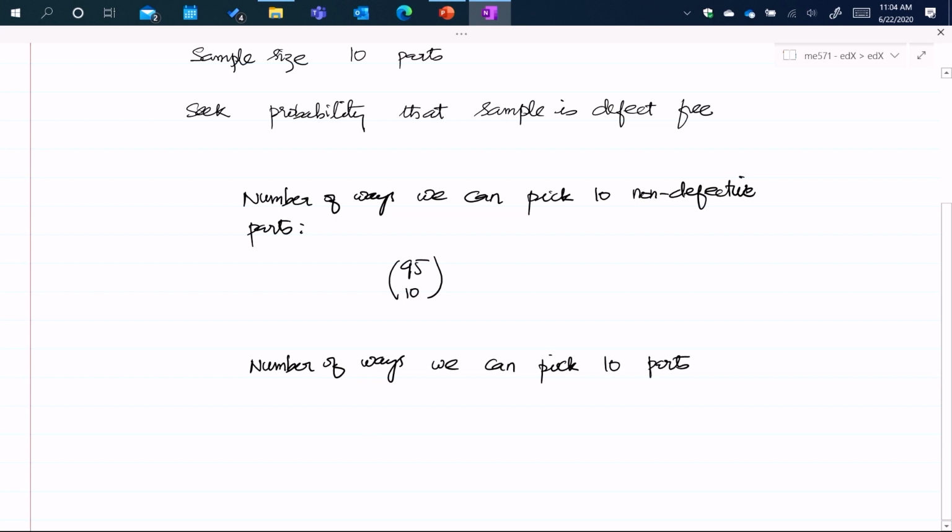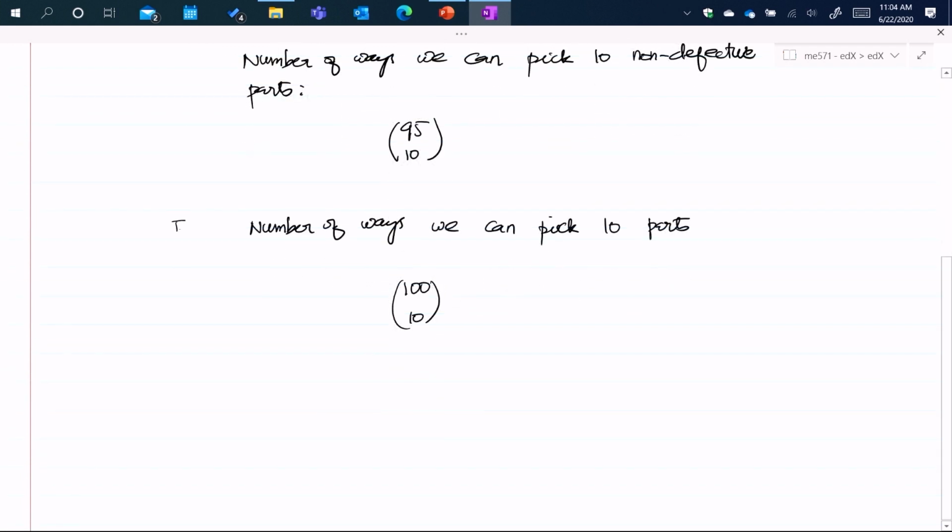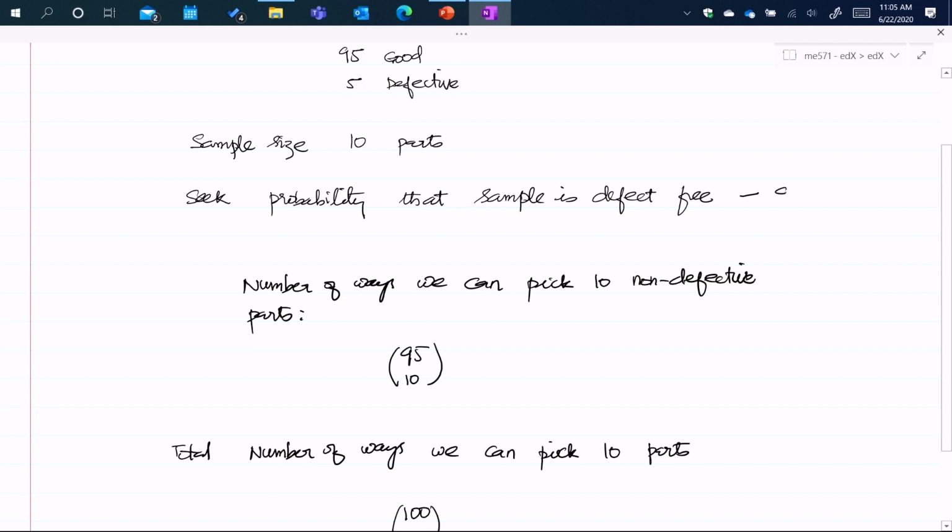is, if I just pick 10 parts, regardless of whether I'm picking defective or non-defective, combinations of 10 items out of 100. Previously, I had combinations of 10 items out of 95. So you can think of this as the total number of ways we can pick 10 parts. And previously, we had the number of ways we can pick 10 non-defective parts. So therefore, the probability of event A, which is defined as event A for us,